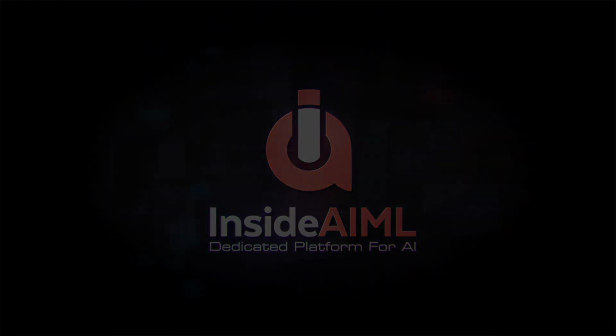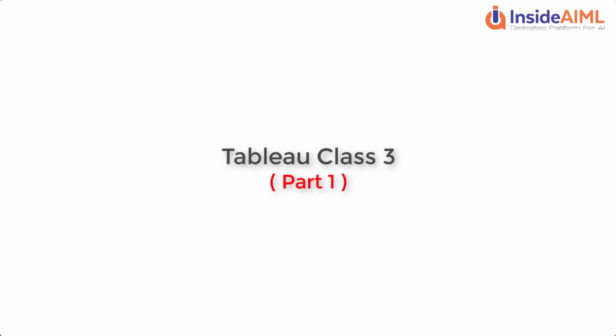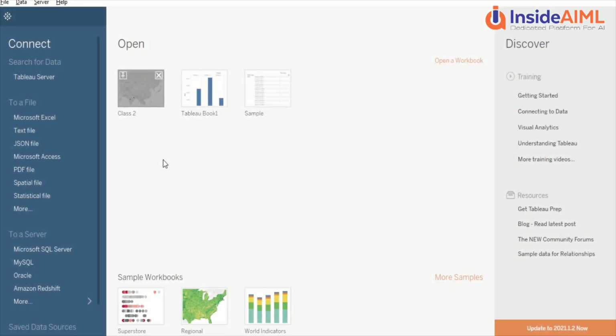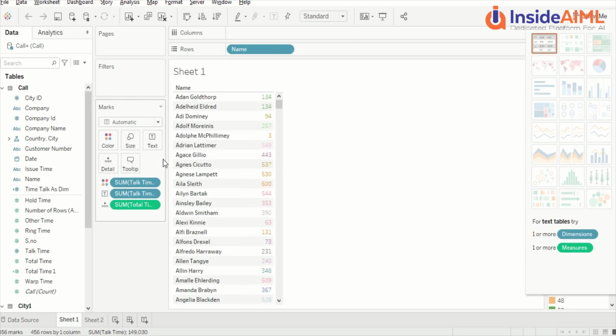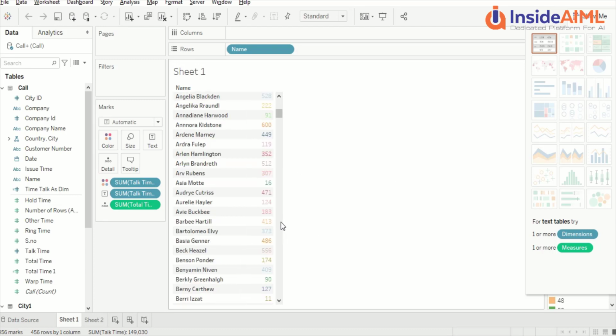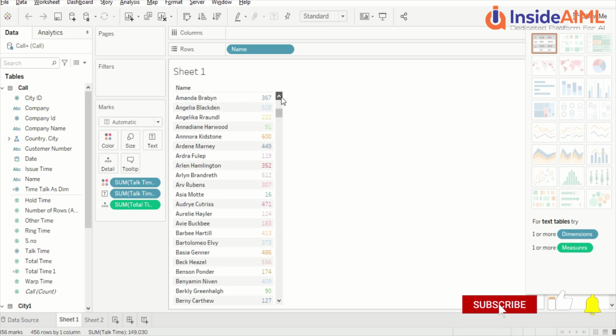You are learning Tableau and we will continue from the last time. If you remember, we created this file last time where we cleaned up the data and created a structure using Tableau Prep, and we wanted to analyze this data. So we will quickly look into the features of Tableau using this file, and then we will see those features in detail later.